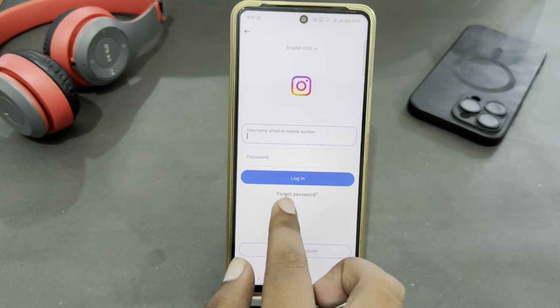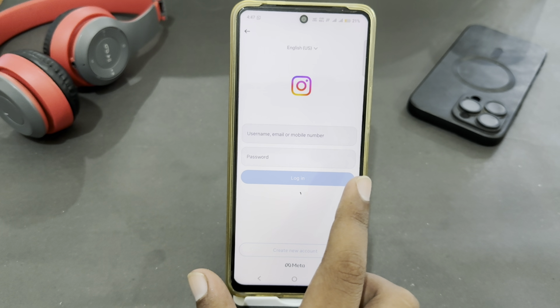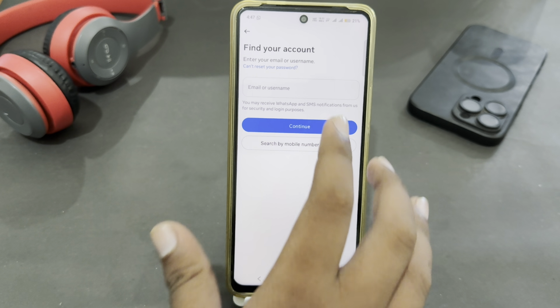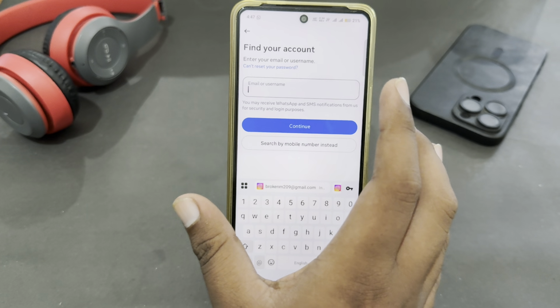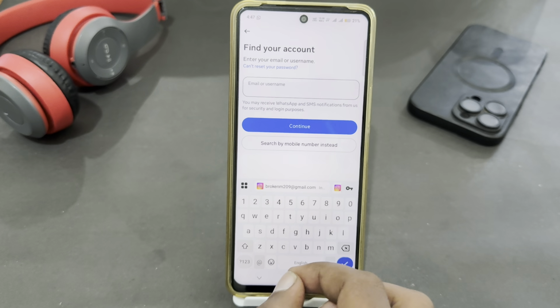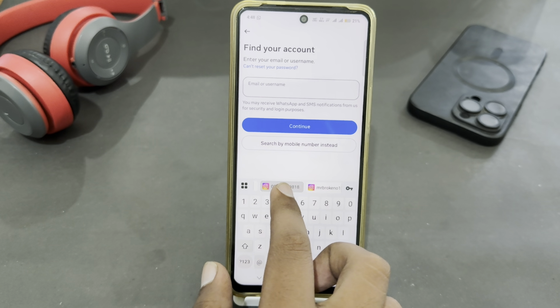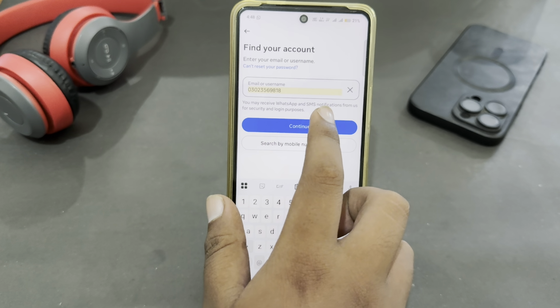You just have to tap on forgot password, and after that this type of interface will appear. You have to enter your email or username, as I'm going to enter mine. So after that just tap on continue,